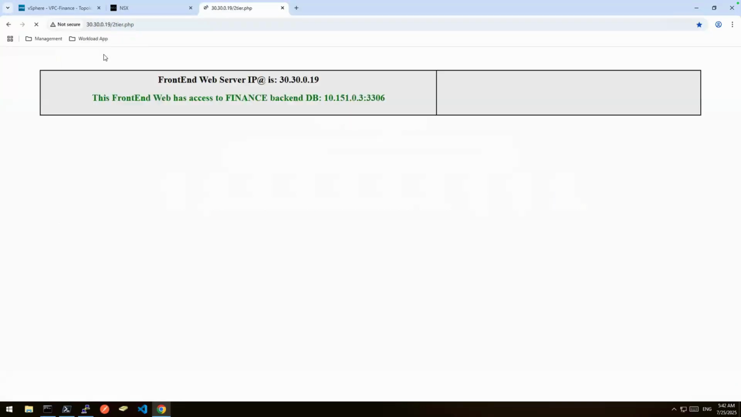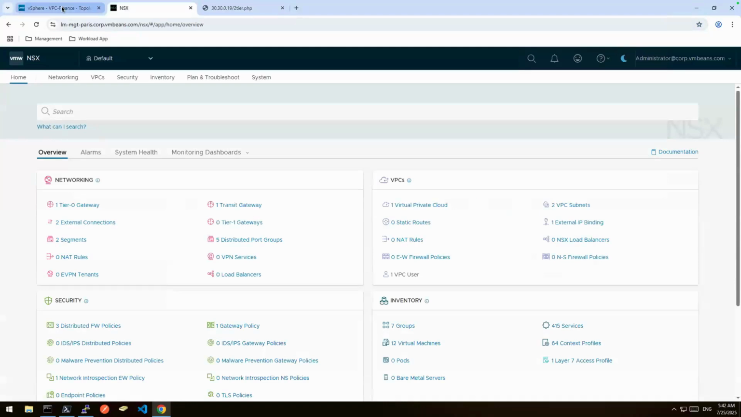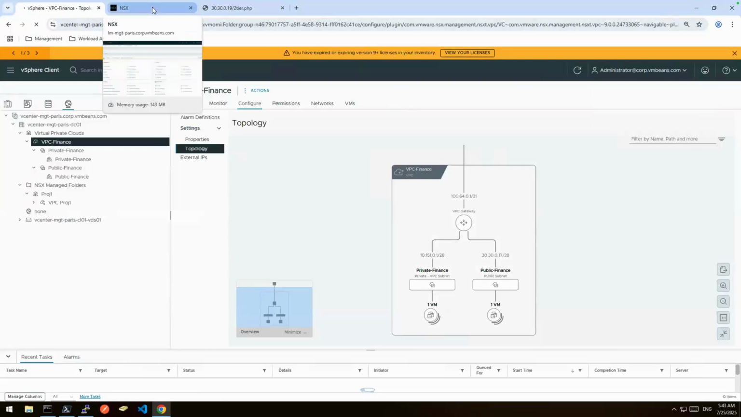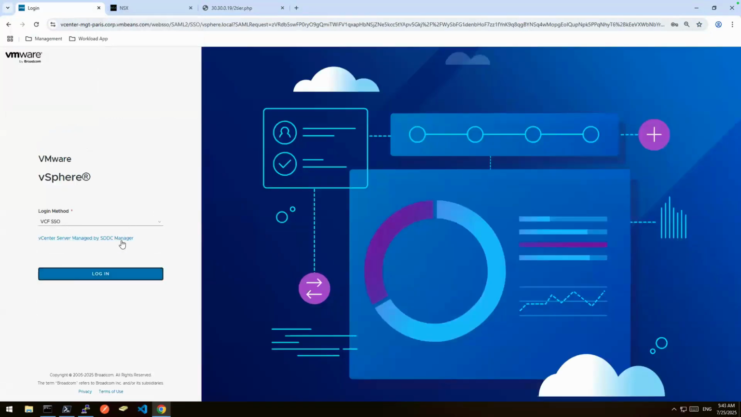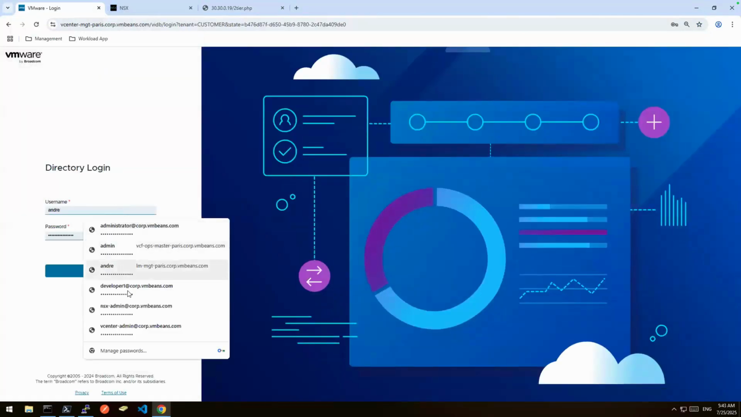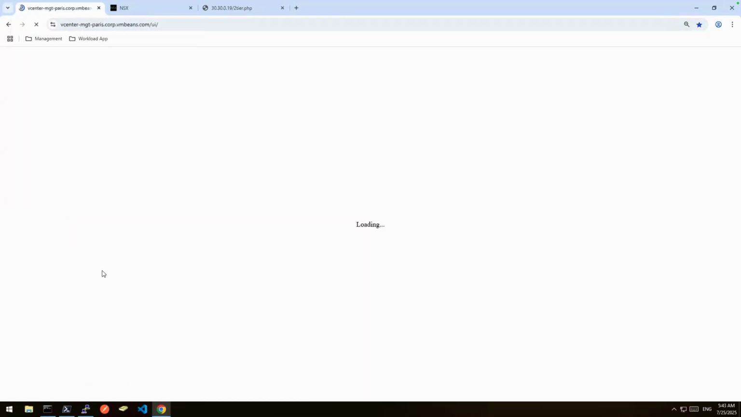So I can now click on my finance app, and you can see I've got connectivity to my finance app. If I just show you what that looks like, I'll log out of administrator, because obviously administrator can see everything. If I log back in now as developer one, I'm logging in as a member of that